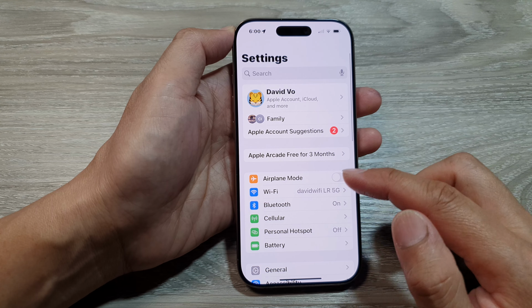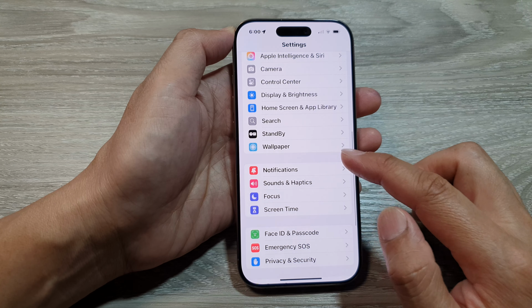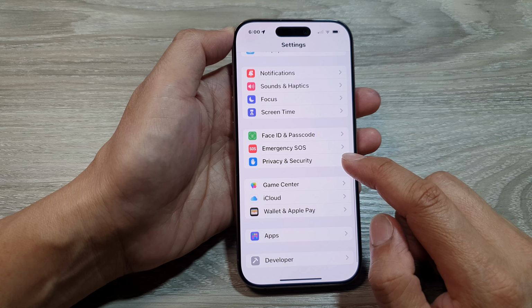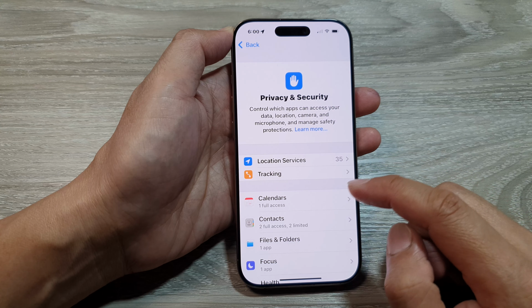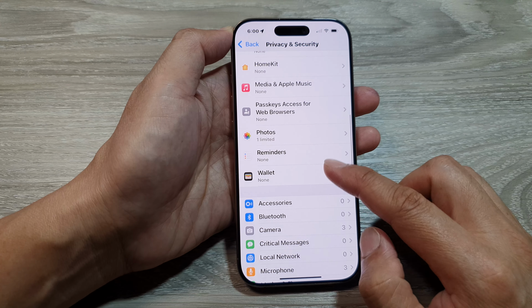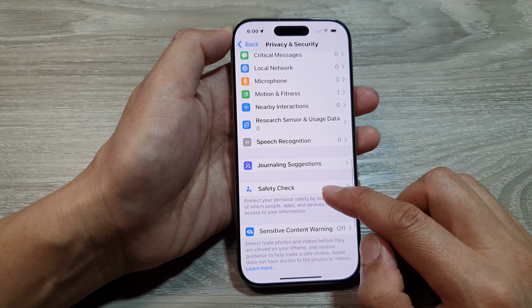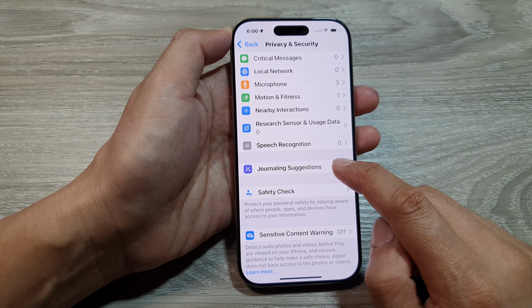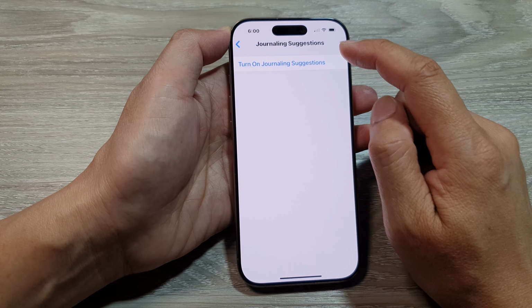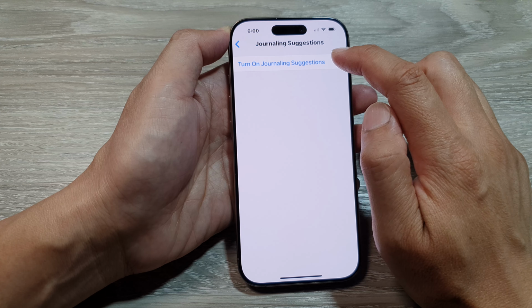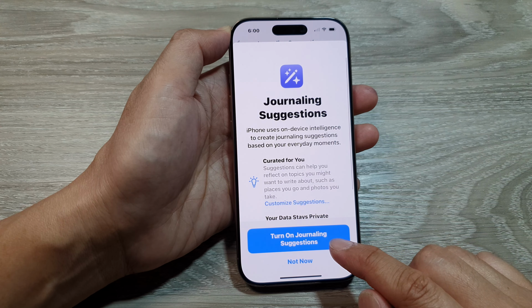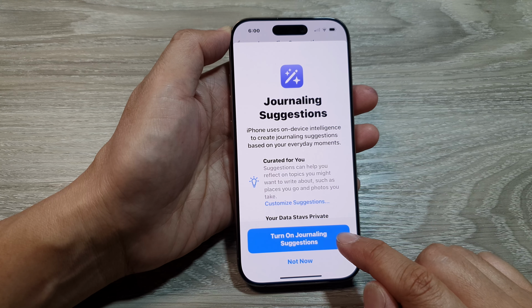Then in the Settings page, scroll down, and in here, tap on Privacy and Security. Next, we then scroll down, and then tap on Journaling and Journaling Suggestions, and then tap on Turn on Journaling Suggestions. Next, tap on Turn on Journaling Suggestions,